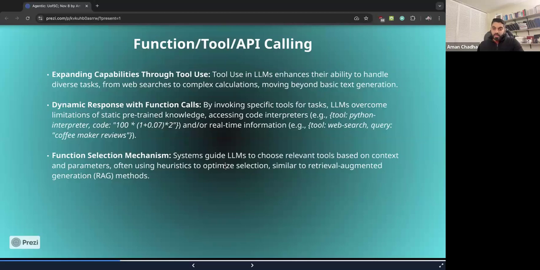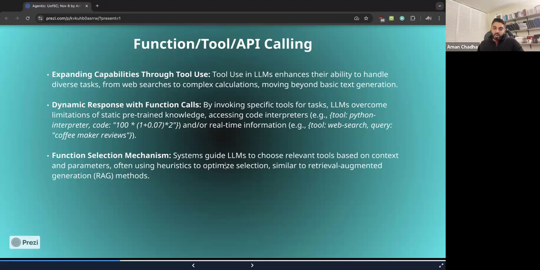And same goes for accessing real-time information, right? Web search is a very common aspect of what makes LLMs good. If you ask an LLM about, say, recent election results, based just on the data that it was trained on, and typically these LLMs are trained on data that's a couple of months in the past, it can't tell you what the latest election results were from a couple of days ago.